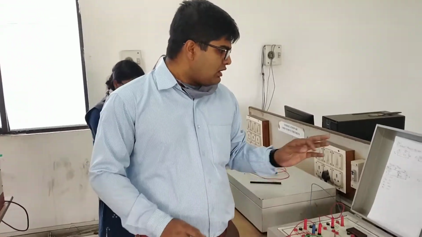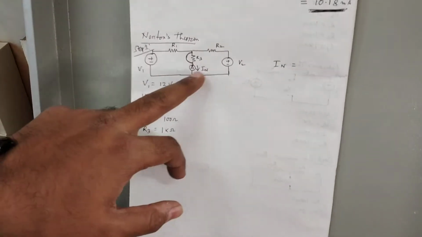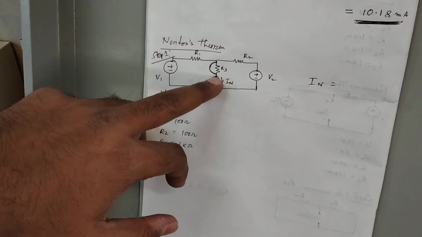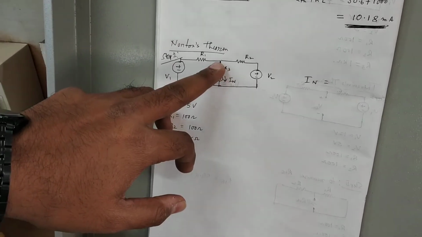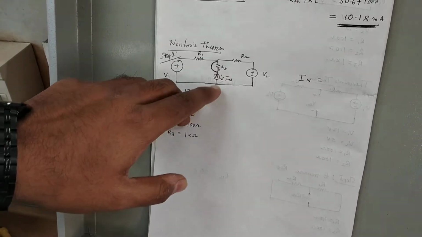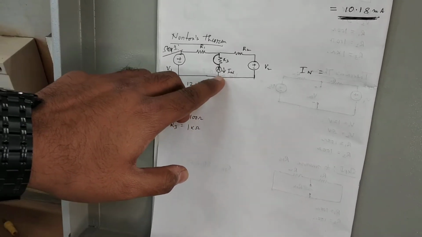So after verifying Thevenin's theorem, let's come to Norton's theorem. Let us verify it. The first step for Norton's theorem is to measure Norton's current. How do we measure it? Previously your load had been removed by open circuiting it. Now the load, which is R3, has to be short circuited, and you need to measure the short circuit current, or IN. IN is called Norton current.